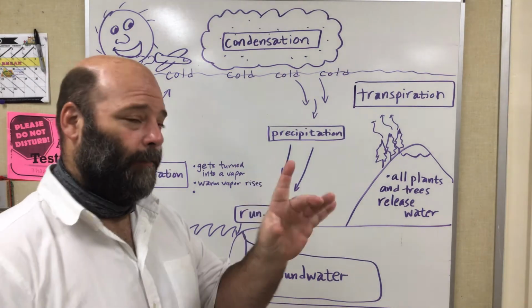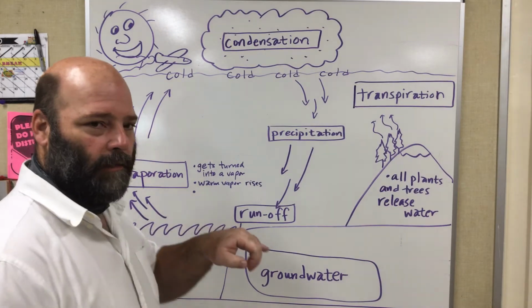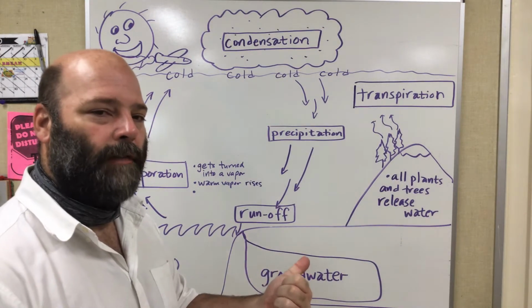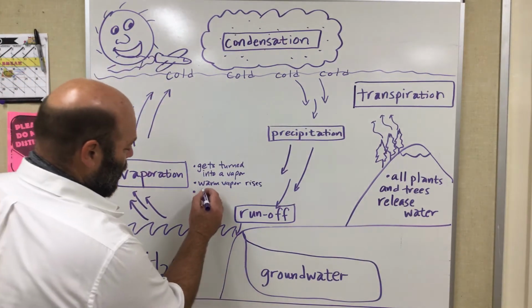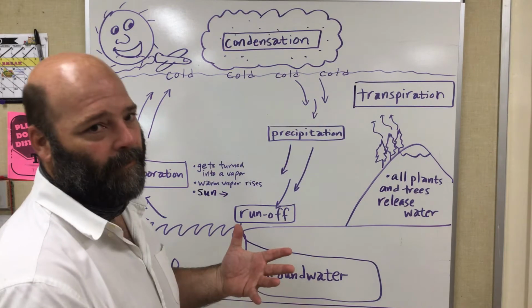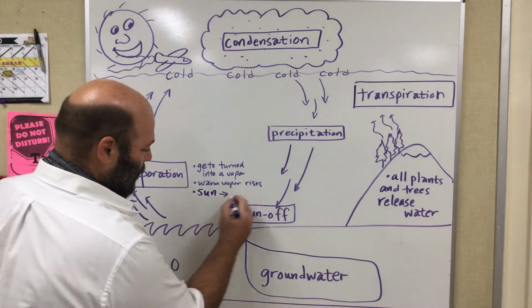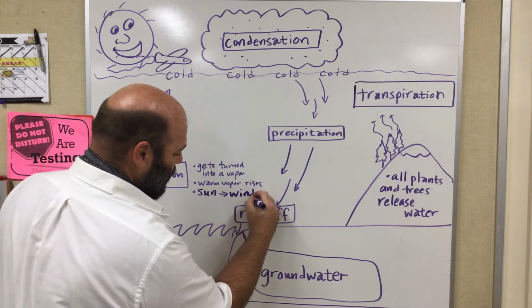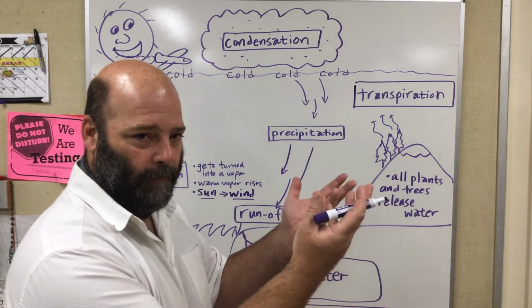Now, one of the more important things you need to know that you might get asked on the EOG, if we take the EOG, I have no idea if we will or not, is what are the two ways that water can be evaporated? What starts evaporation? Obviously, I just told you one of them. It's the sun. And what does the sun make? That we haven't really learned yet, but you will learn it. It's kind of complicated. The sun makes the wind. Those are the two ways that water can be evaporated from the earth, okay?